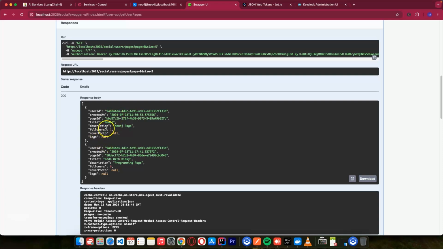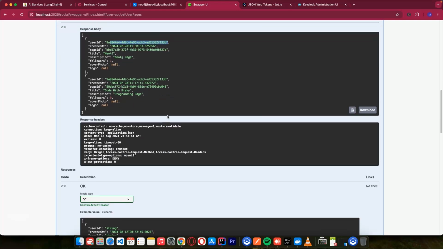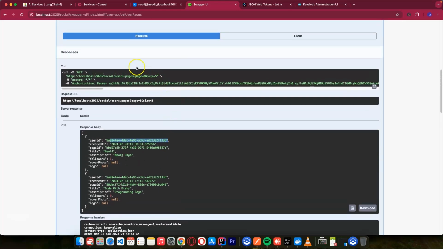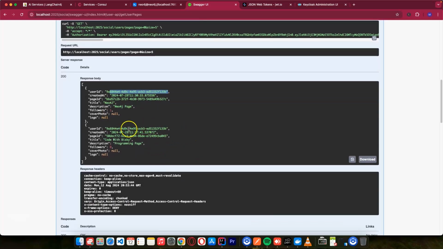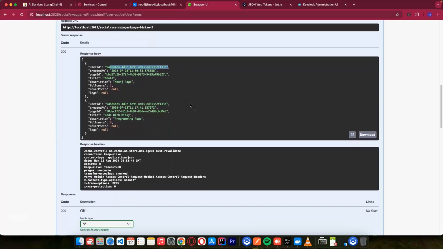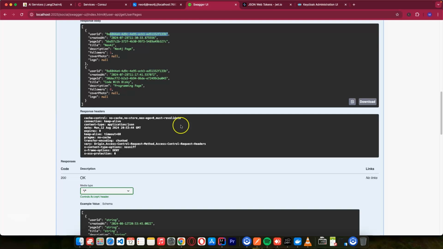So we have managed to get the user pages, and this page has one follower, and the title and description, and the user who created it, because it's your user. I didn't send any user ID in my request because I want to get the pages of the current user who has logged in, so that this user would be able to edit these pages, like the description, changing the names. So this is how you can do that. So what you can do next,